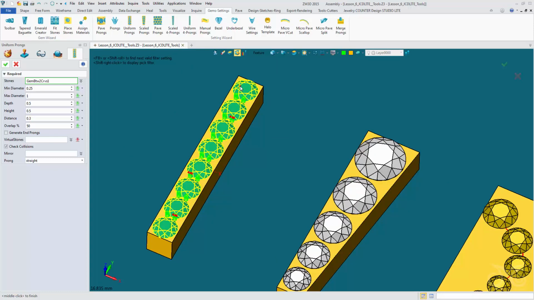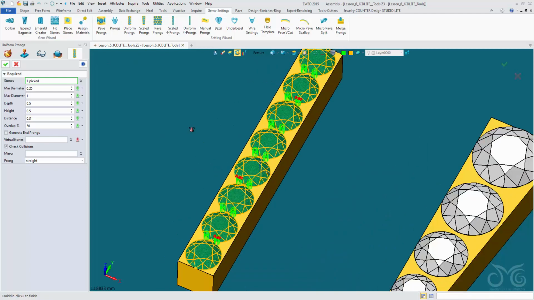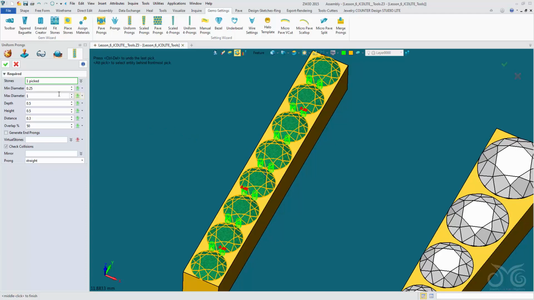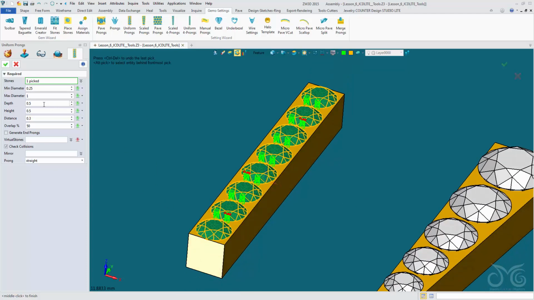We can pick the feature as the stones. Okay, now you can see a preview of our prongs. We then have various options. We can set the minimum diameter that we want our prongs to come in as, the max diameter that we'll allow them to be, the depth that they will go into the surface, the height that they will come above the surface,